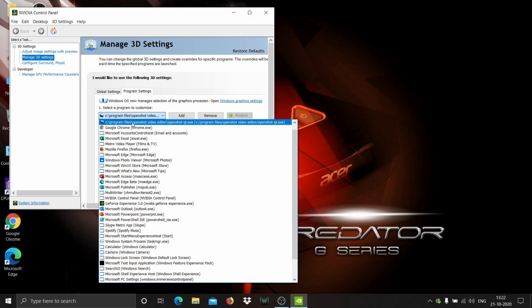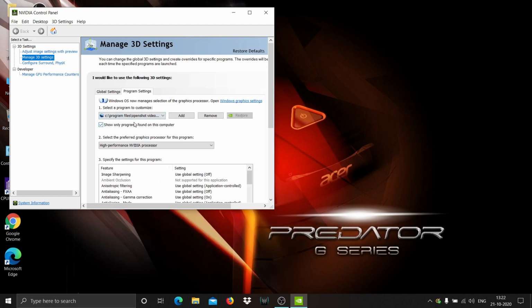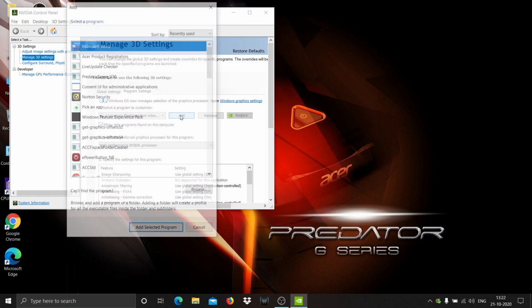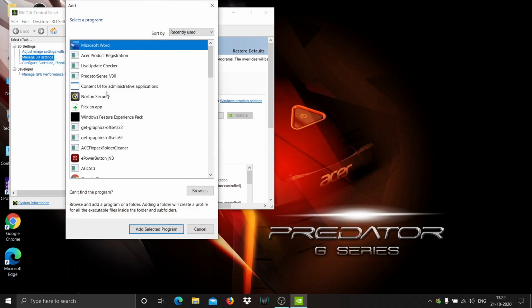Like I have taken the OpenShot video editor, and you can also add some other programs that you need to proceed with your graphics card.